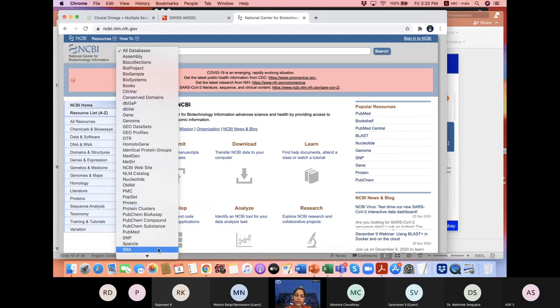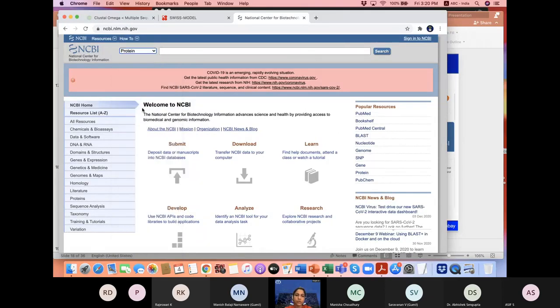We also have SRA, the Sequence Read Archive, where all the data generated from next generation sequencing is uploaded. Now suppose I want to look for a protein sequence in NCBI. I just go to protein and type here hemoglobin.